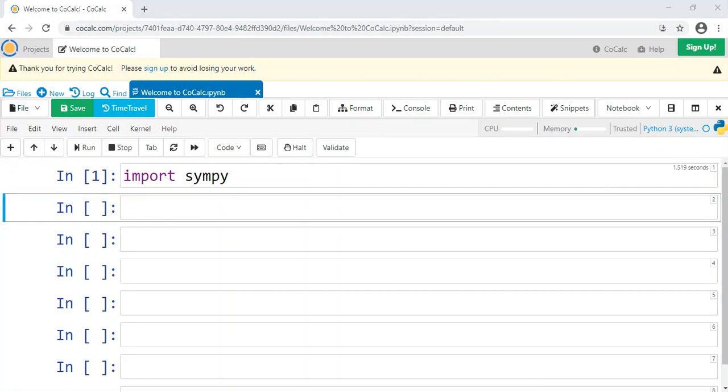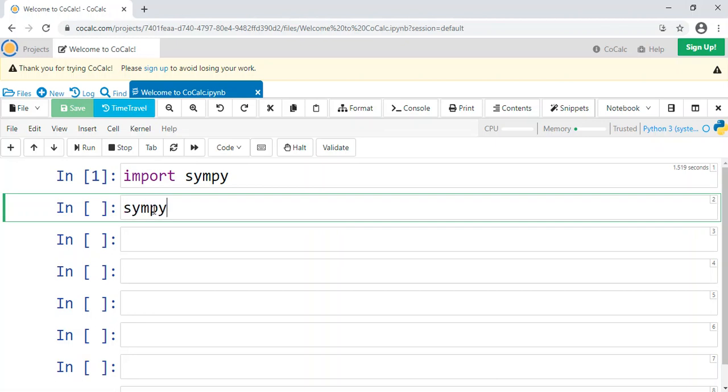And now that I imported SymPy in general, if I want to use something from the SymPy library, I would have to preface it with a sympy dot in order to let the computer know, hey, I'm going to be using SymPy here, right? And so just for an example of a SymPy function, we're going to use prime, which is a fun function for returning the nth prime, so to speak. And the reason I'm using that is it doesn't take any symbols yet because we haven't learned those yet.